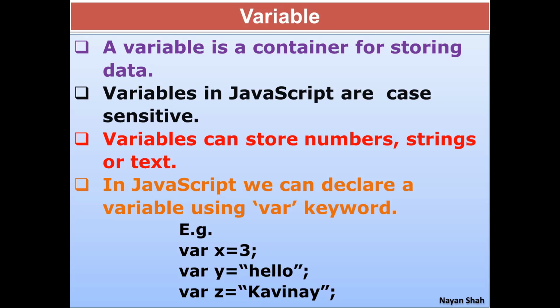If I put 3 within double inverted commas, it assigns 3 to x, but then it doesn't remain a number. So you can't perform a mathematical operation on such a variable where you assign a value within double inverted commas. It becomes a string. So in all these three examples, you can avoid writing var. It is by default understood by JavaScript. So even if you don't write var, it is totally optional. But remember that a variable is a container which stores some data, some information throughout the program's execution.